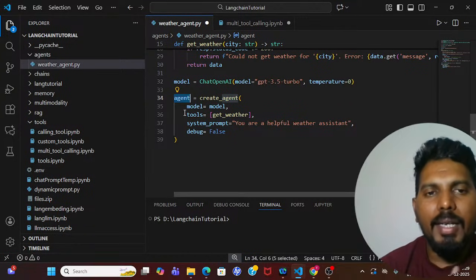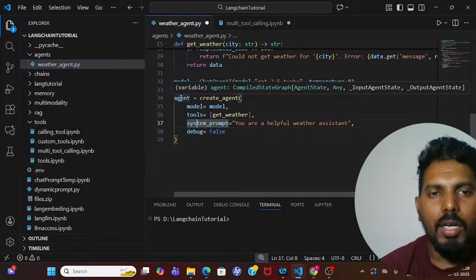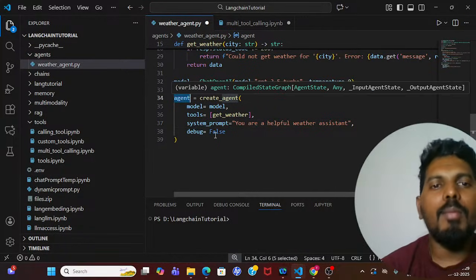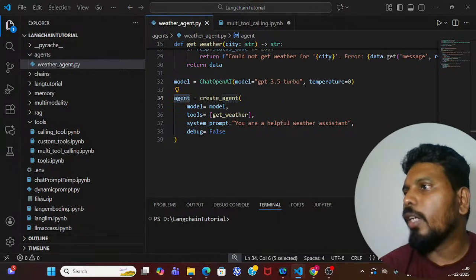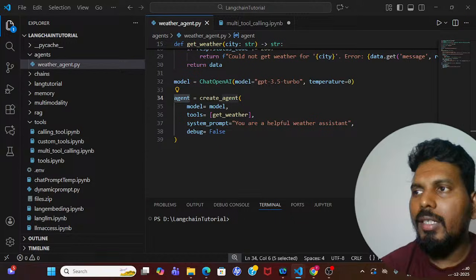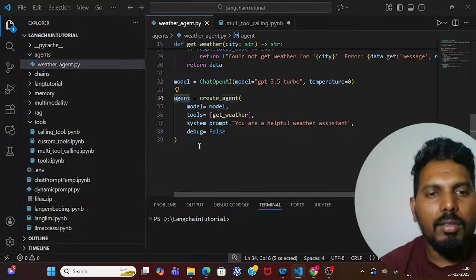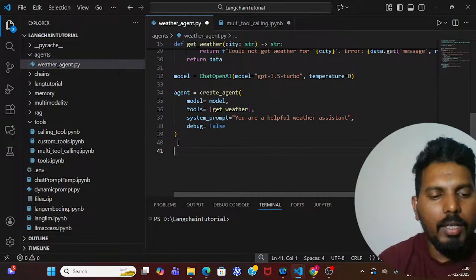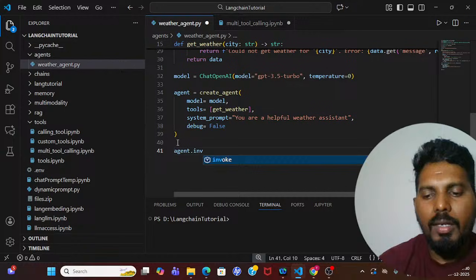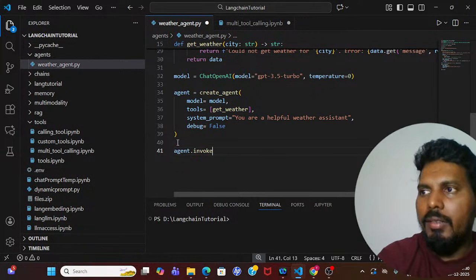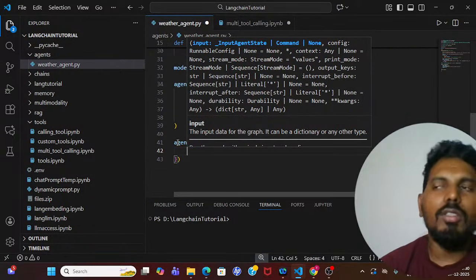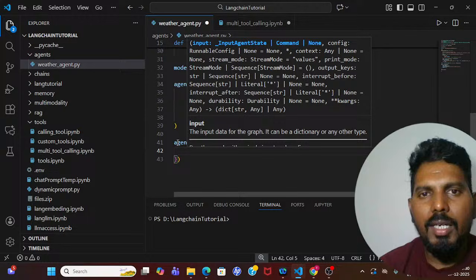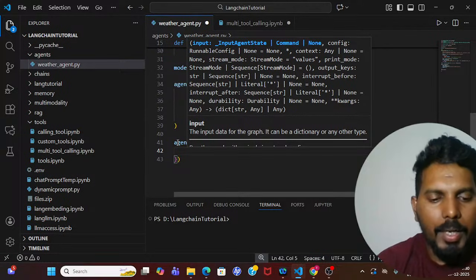Now, what is my next step? I need to invoke this agent by passing one user query. Correct? So let me quickly invoke this agent. What I'll do, I will write agent.invoke. Inside invoke, it accepts a dictionary. Now the dictionary will be having